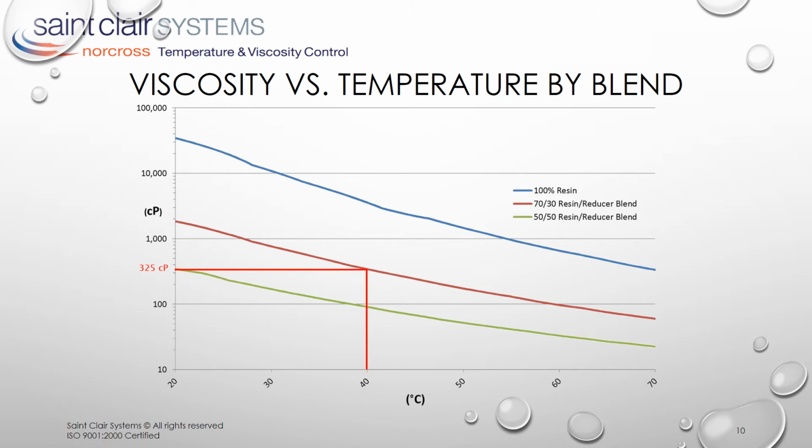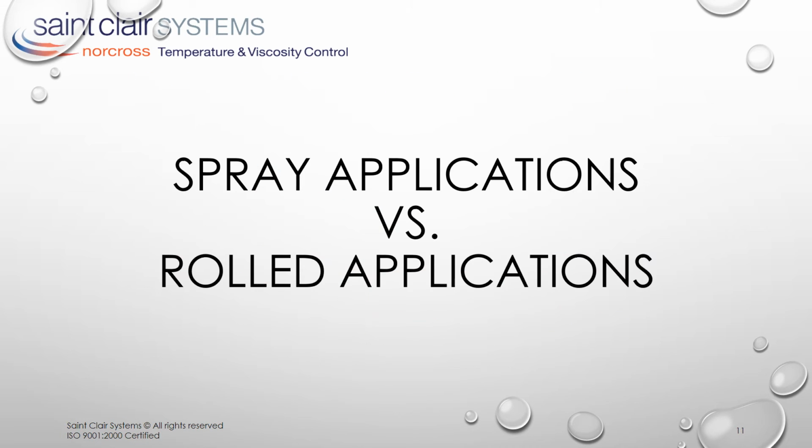Following to the right, we find that at 40 degrees C, the 70-30 blend is also at 325 centipoise. At the extreme, the 100% resin is at 325 centipoise at 70 degrees C, and it could be used without reducer at that temperature, but this is too hot and requires special system design considerations to protect both the parts and the operators. Having defined the similarity and interaction between viscosity and temperature for modern coating materials,